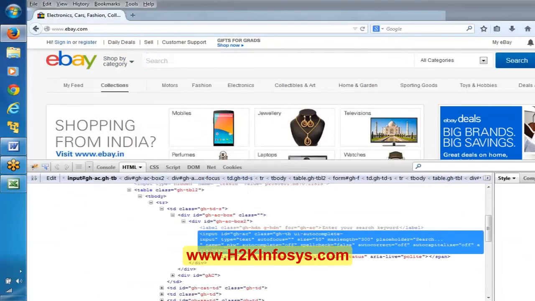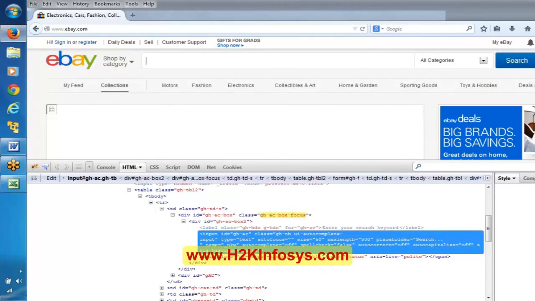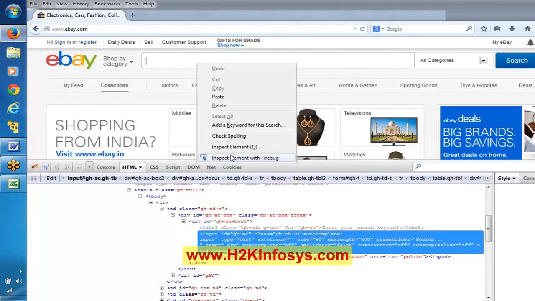So here the HTML tag is input and these are the attributes. I hope everyone is following. Any questions on this? If you are able to understand this particular concept, that's it. In entire Selenium, you can just spy the object. Technically, we call right click and inspect element spying. You just spy the object and figure out what the HTML tag is and what the attributes are. The first step is done.